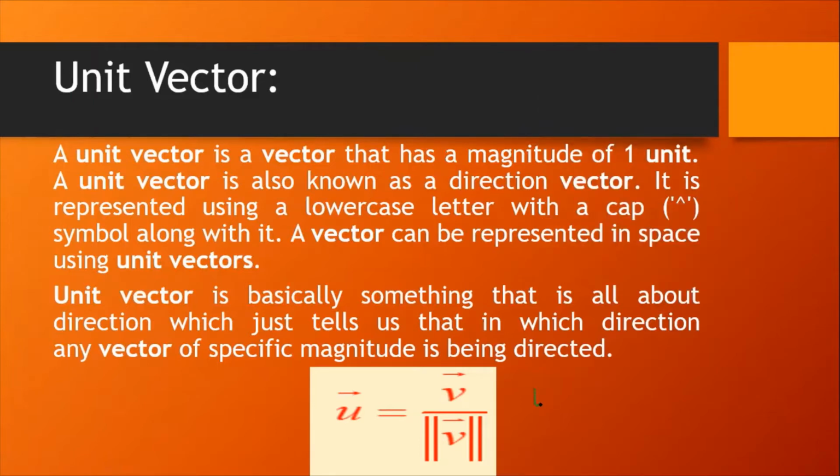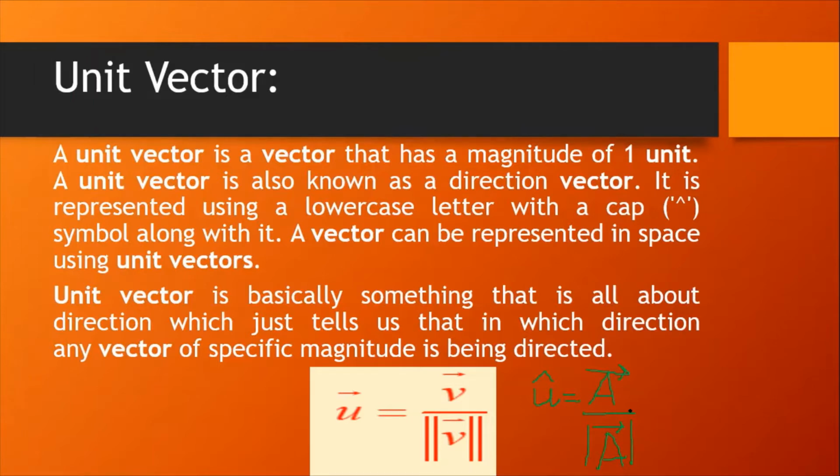So you can also write it like this: u cap is equal to vector A divided by the magnitude of vector A. We represent vector A with an arrow sign, the arrow at the head of the A, and for the magnitude of A we put the modulus sign. If you look at R.C. Hibbeler, you will find that a vector force is written with a bold letter.